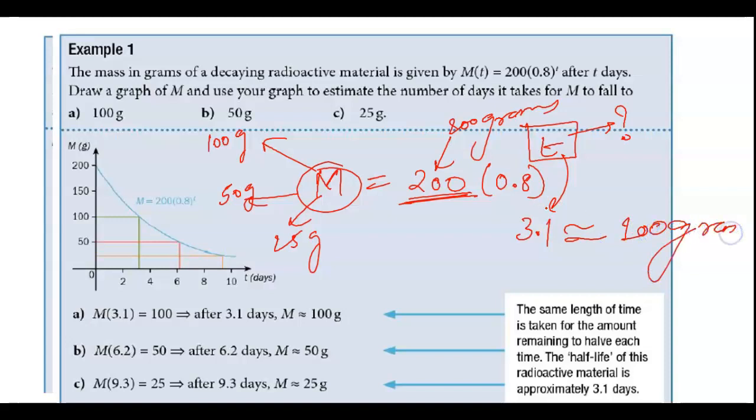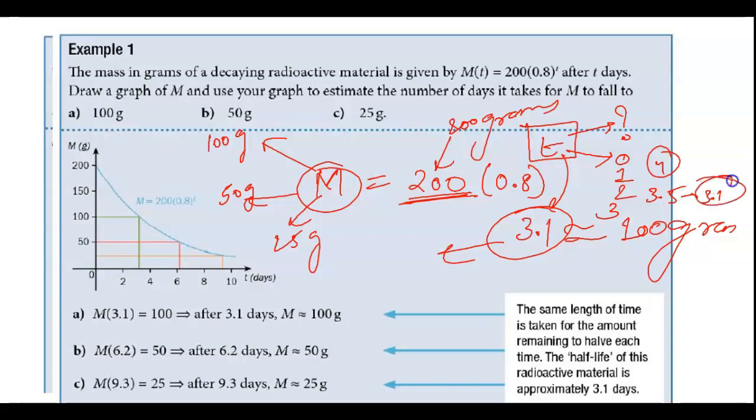Now children, how would I take this value as 3.1? I can directly go for the hit and trial method, right? First of all, I'll substitute 0, then 1, 2, 3. If the value of t is 3, then 4, it will be too far below 100, then I will come down to 3.5, even if it is too far below 100, then I'll come down to 3.1, 3.2 and so on, right? When the value of t is 3.1, my mass is approximately equal to 100 gram. You can check it by using your calculator.